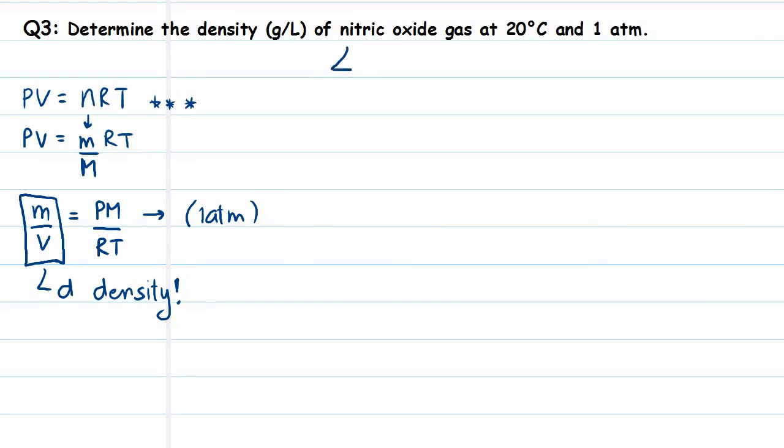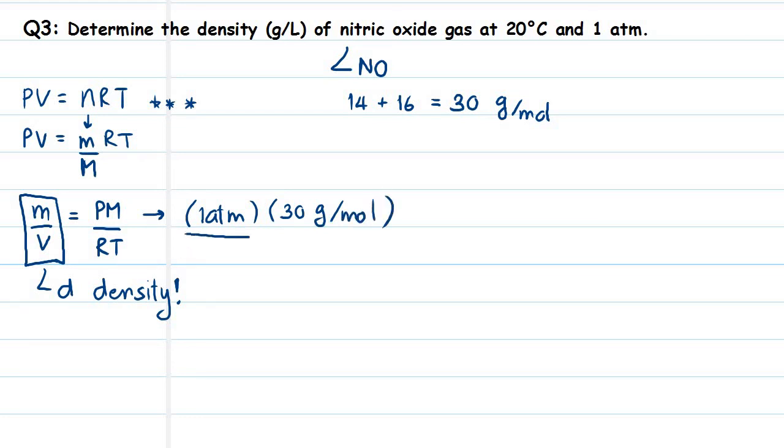Nitric oxide is NO, so the molecular weight is 14 plus 16, and it's going to be equal to 30, and the unit we're going to be using is gram per mole. Alright, so we plug in 30 gram per mole over here, and then it's divided by